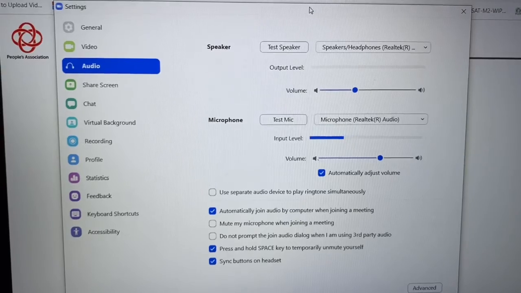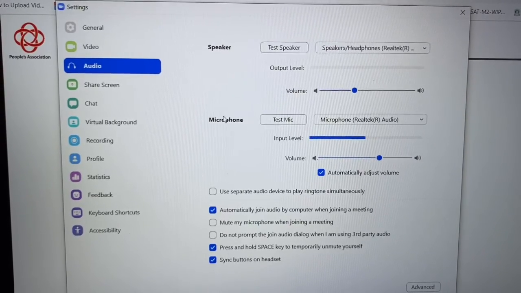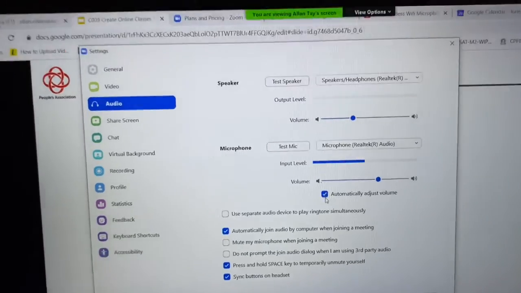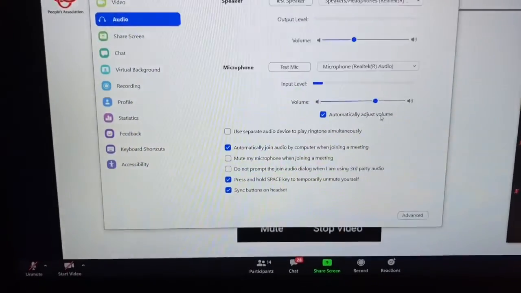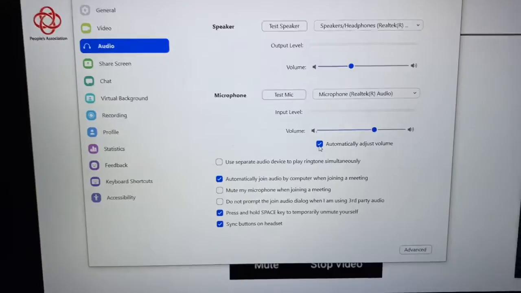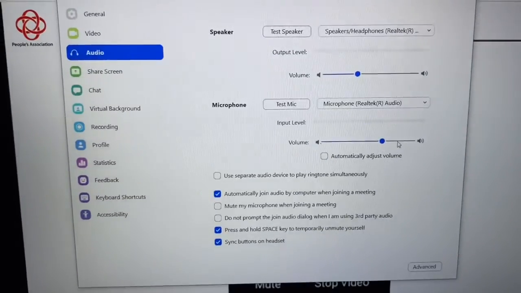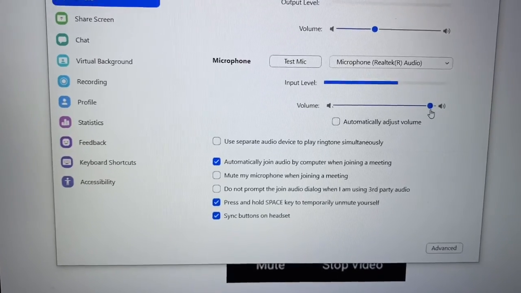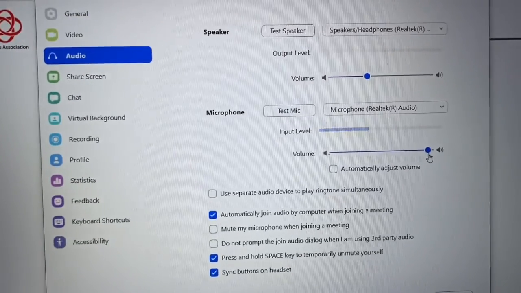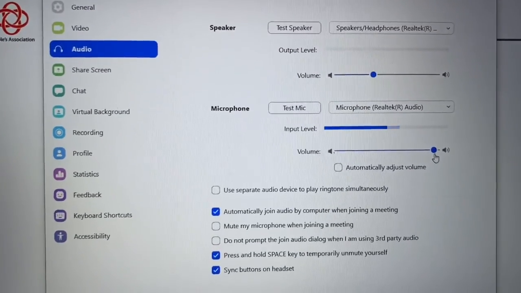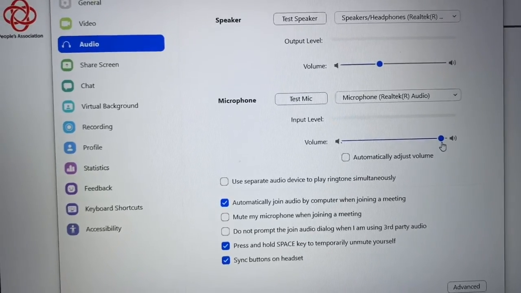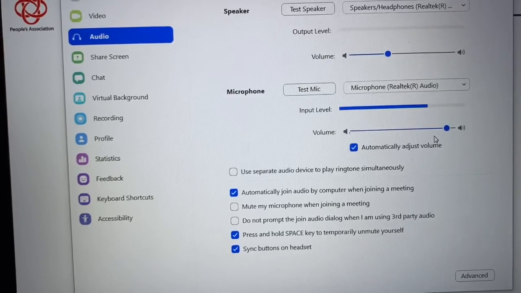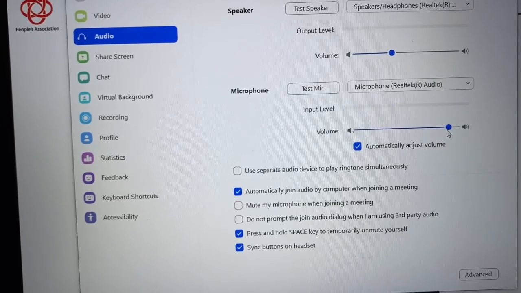The first one is at the microphone section. Deselect the button called Automatically adjust volume, and increase the volume as loud as possible. This will help increase your mic volume to the maximum. Because if you select automatic adjustment, Zoom will decide how loud your microphone will be, so you will not be able to